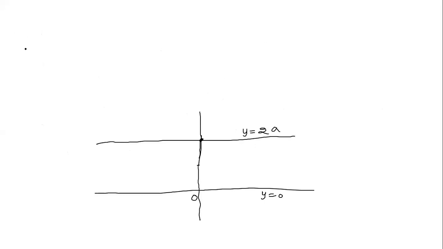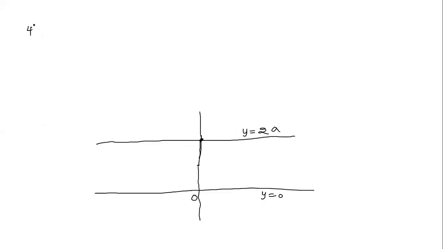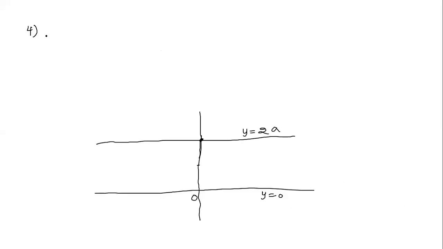Then let us try for asymptote. Is there any asymptote possible? For that we have to go for property number 10. To find asymptote parallel to the y-axis, equate to 0 the coefficients of highest degree terms in y. Now see, there are three terms, x square y, 4a square y and minus 8a cube. So the highest degree terms in y are x square y plus 4a square y, and here the coefficient of y, I am just writing to find asymptote